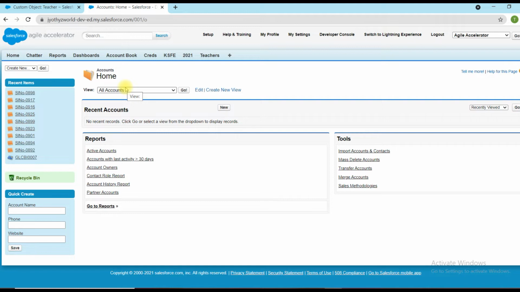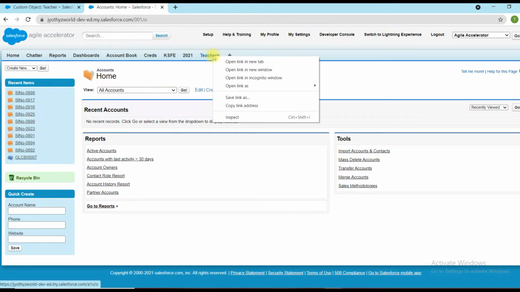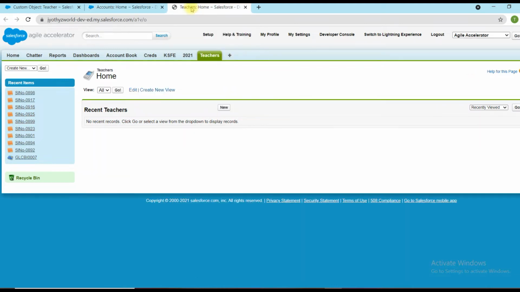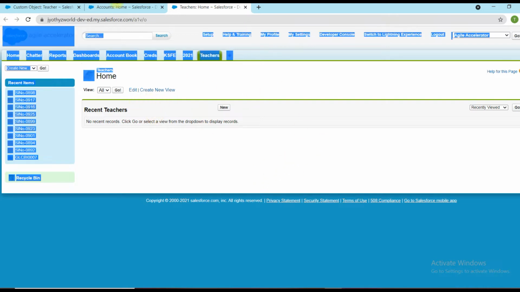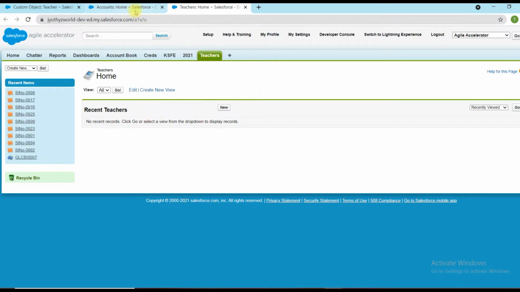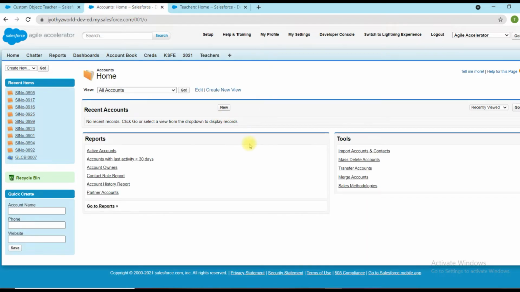The difference is that whenever I search for the teacher tab and open the Teachers tab, it provides the option to create a new teacher record under the object Teachers. But the standard object provides a few more additional supports, like we can categorize reports.